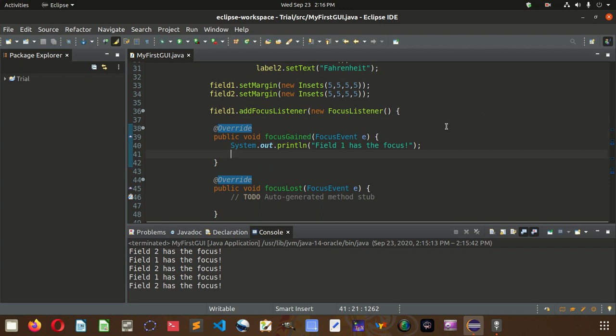Next up, we have to create a helper class that's going to keep track of which text field has the